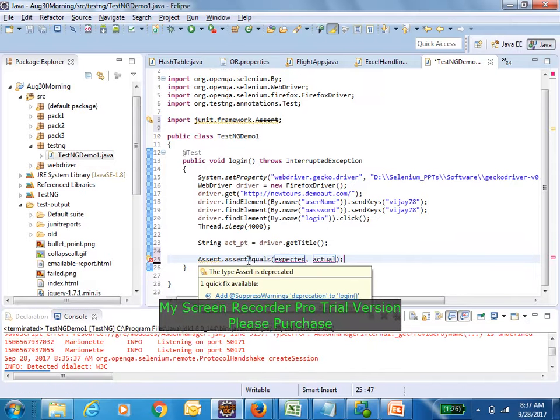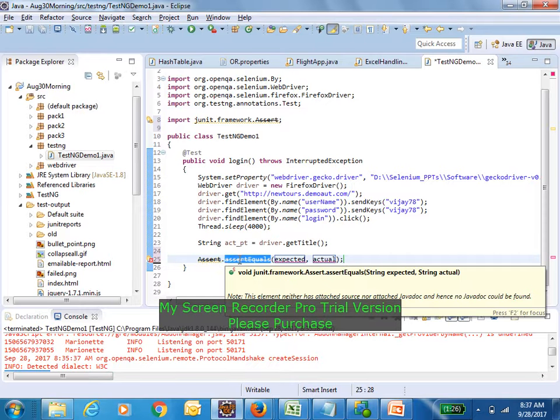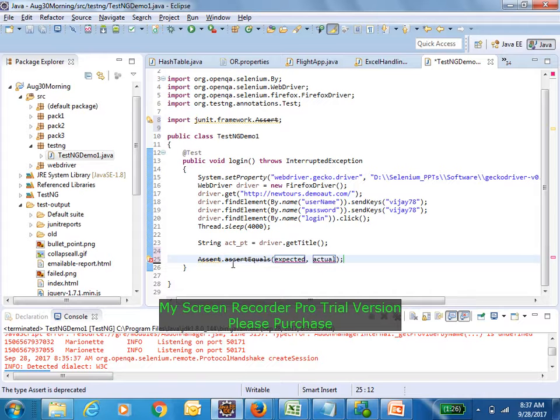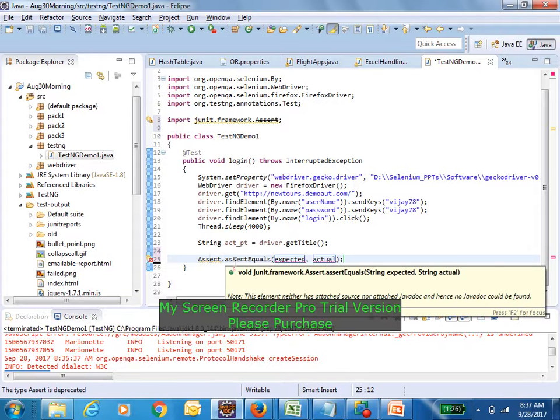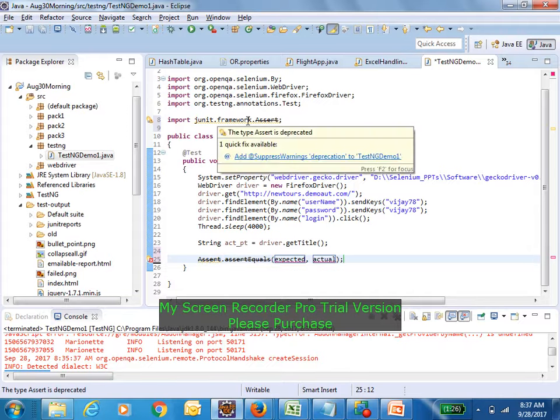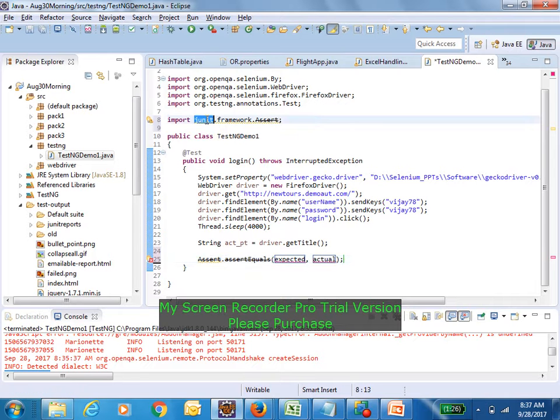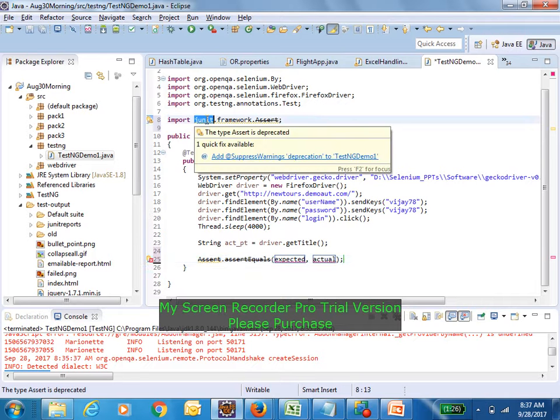The moment I use assertEquals, this is a class and this is a method. It is striking out this line, right? Why? Because see, it is importing from where? JUnit. JUnit is already deprecated.